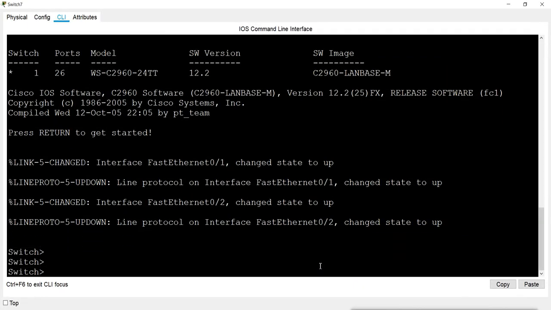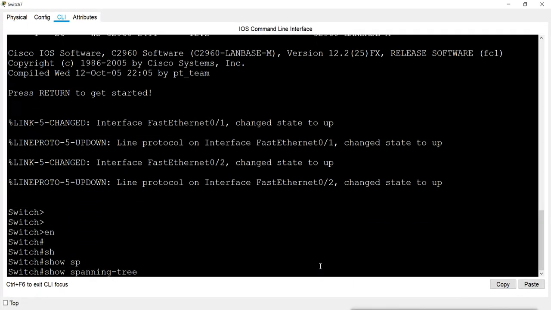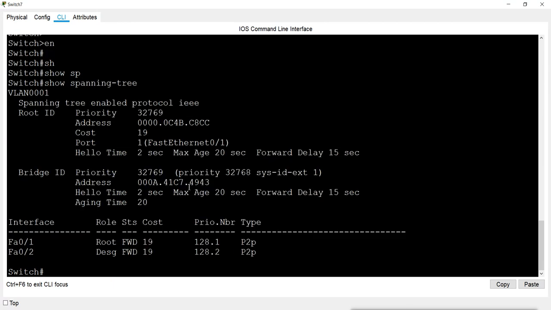Now it is not a root bridge. This one has this MAC address, you can see, and the root bridge has this MAC address which is less than this. As we can see here, it has 00A and this one has 000. So this one has a lower MAC address than this, so this one always wins. So I want to manipulate this. What I will do is reduce this priority number. So how will I do this?